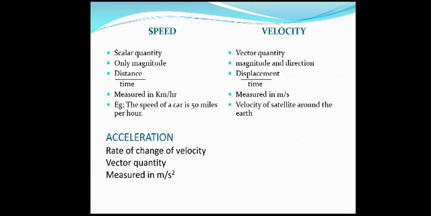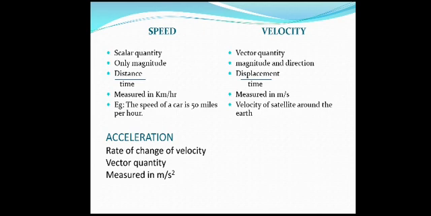The next is speed and velocity. So, you know now what is distance and what is displacement. Both are dealing with the length only, but the thing is the shortest route and the longest path. So, speed will be considered for distance, and velocity is for displacement. Speed is always only a scalar quantity. You know the difference between scalar and vector. Scalar means it will consider only the magnitude. It will be only the value.